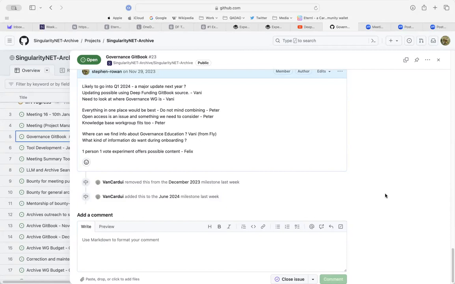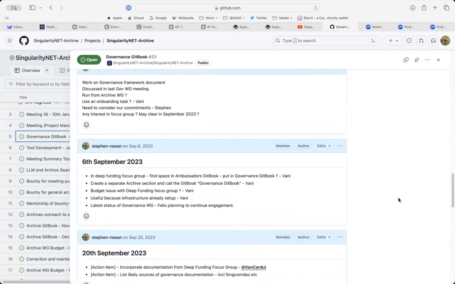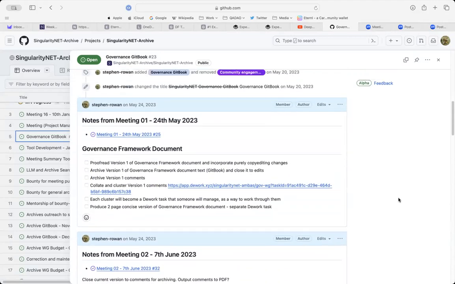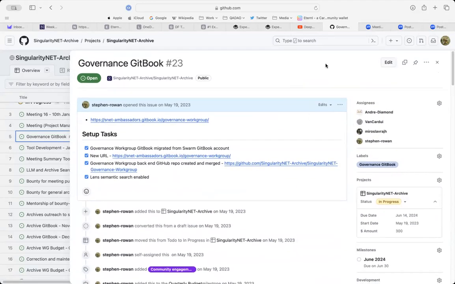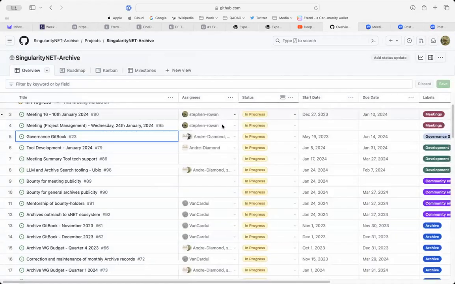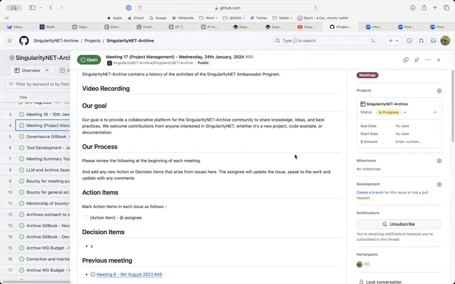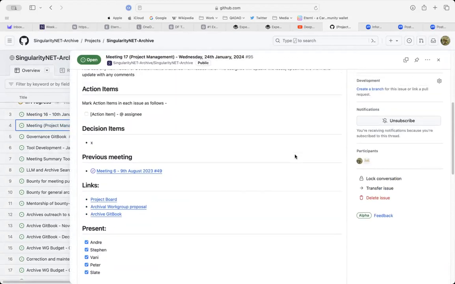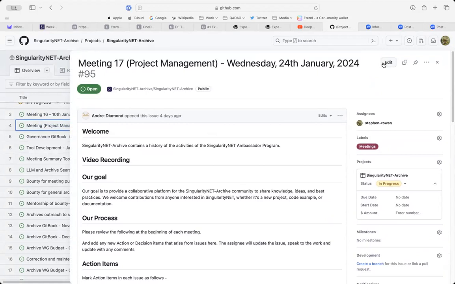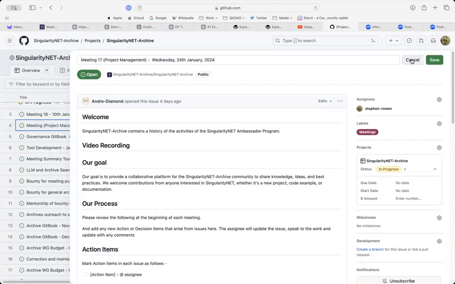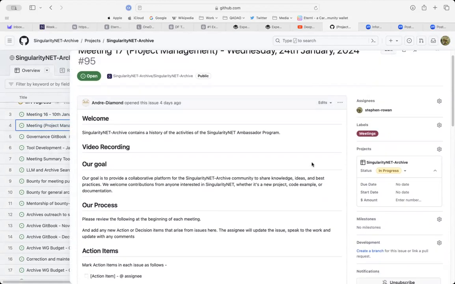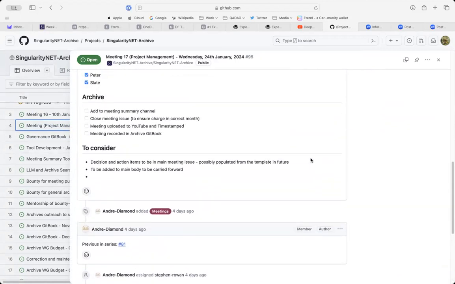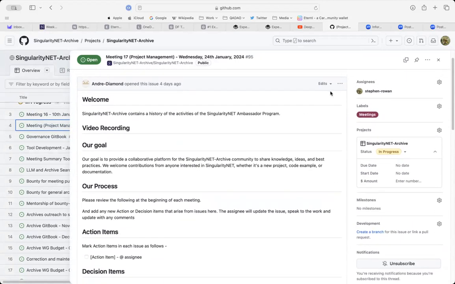No, what I was saying is you could add this to the meeting issue as an action item. Right. So where is the action item in the main meeting issue? Okay, so we put this here as an action item. Yeah, absolutely. Just trying to get the edit here. That's not edits. That's weird.